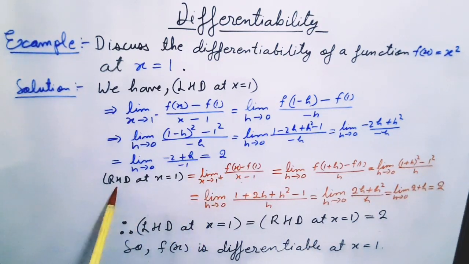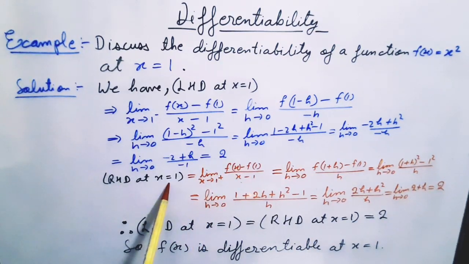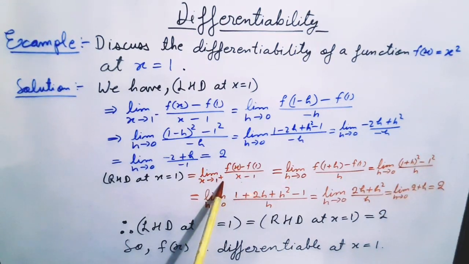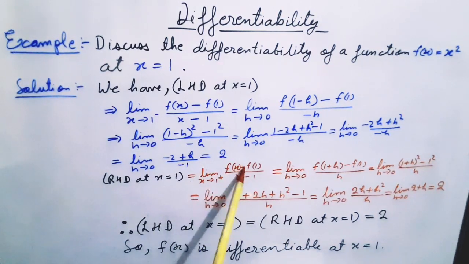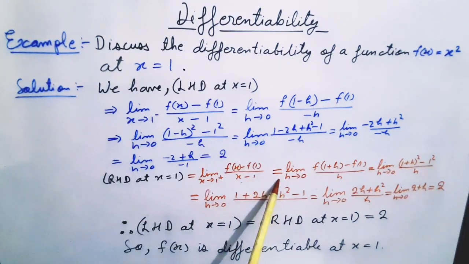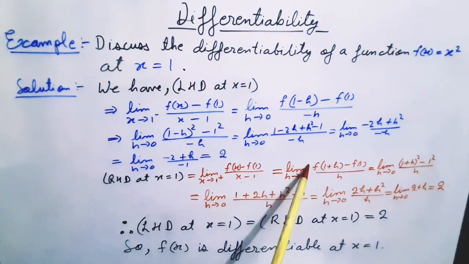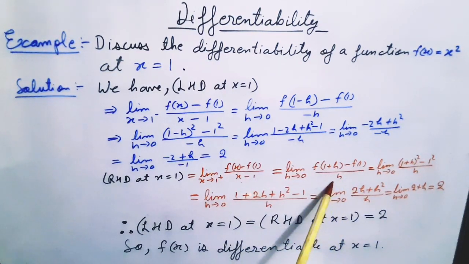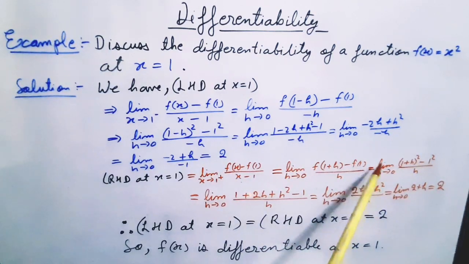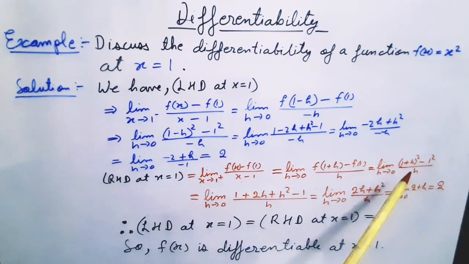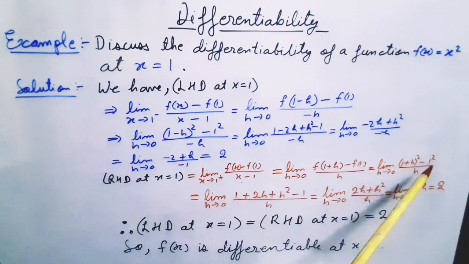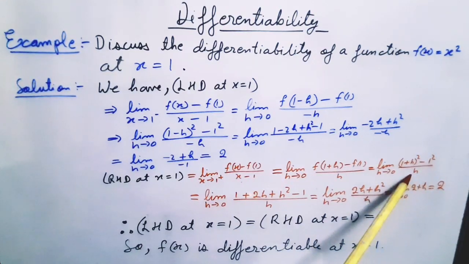Now we will find the right hand derivative at x = 1. So limit x tends to 1 positive. Here I have used 1 positive, which implies that it is a right hand derivative. So limit x tends to 1 positive [f(x) minus f(1)] upon (x minus 1) will be equal to limit h tends to 0, [f(1 plus h) minus f(1)] whole divided by h, and that will be equal to limit h tends to 0. Now here I have put the value of the function at 1 plus h. So we will get [(1 plus h) whole square minus 1 square] upon h.